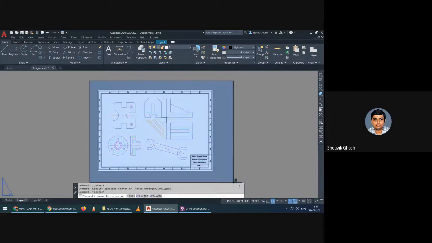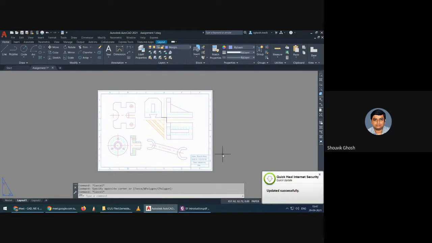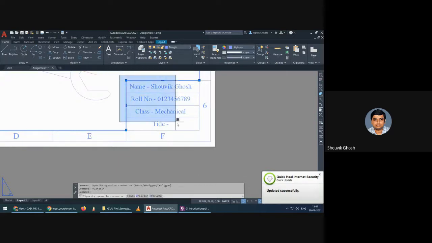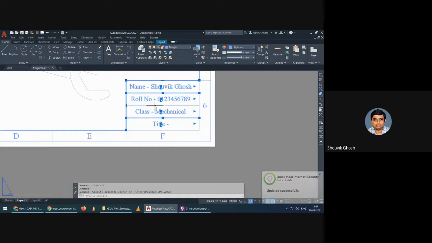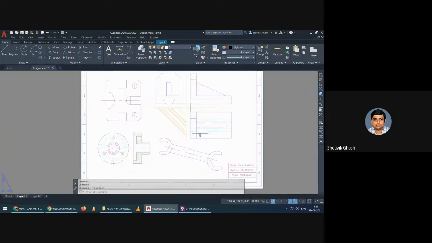Sorry, not everything. This will actually move to margin and the viewport along with the title block shall move to the title and view, like this. So now I can do the dimensioning over here.